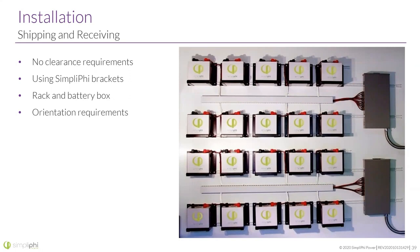You could use anything like a rack or a battery box. I've seen people put them on the floor. It's not unheard of. I've actually seen a few batteries in some kitchens in Puerto Rico sitting above a shelf. We leave it up to the installer to figure out where you want these batteries, and as long as whatever you're putting the batteries on is dry and can hold them structurally,